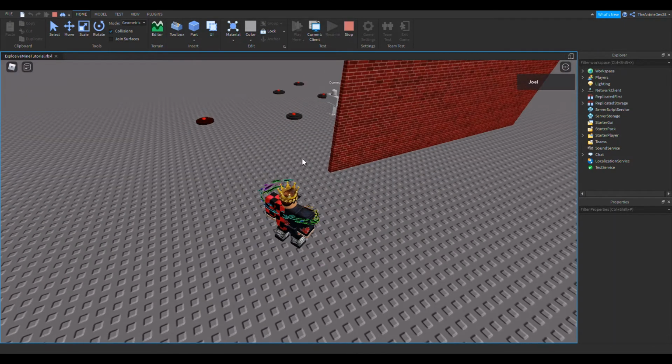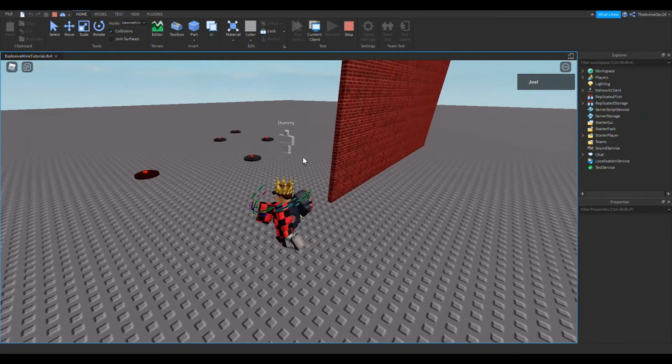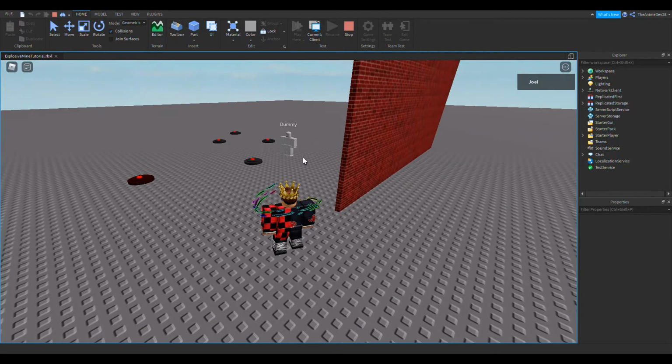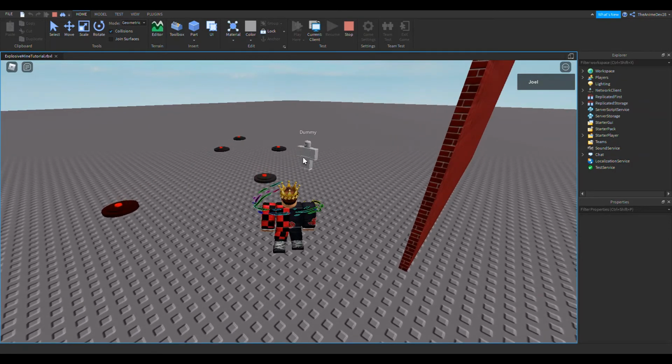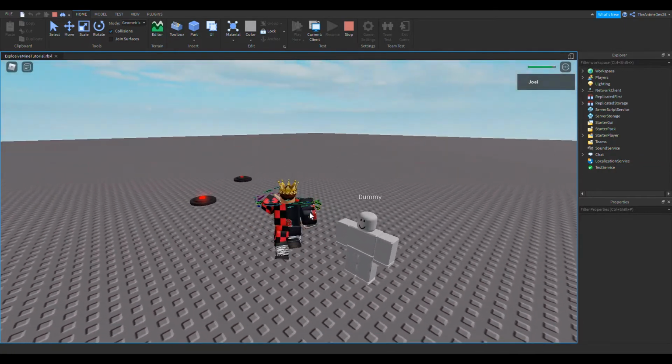Hey guys, I'm extremely excited to post this video because I think this is a really cool idea and just a really cool tutorial. So basically what I'm going to be showing you is how to make a mine that explodes, but it can't actually reach you through a wall. But the way the mine works, you just walk on it, it explodes like normal.